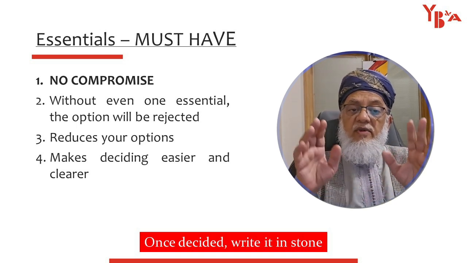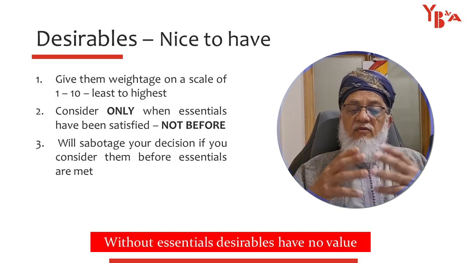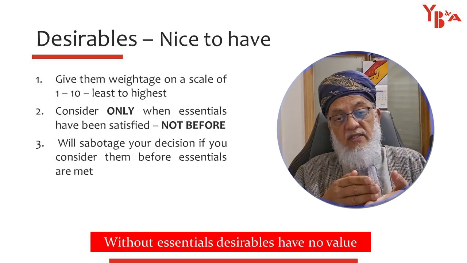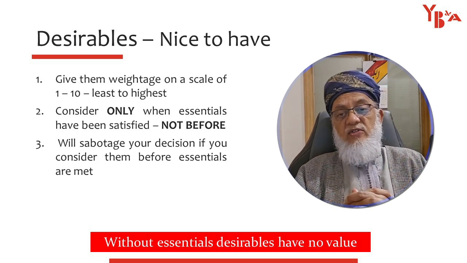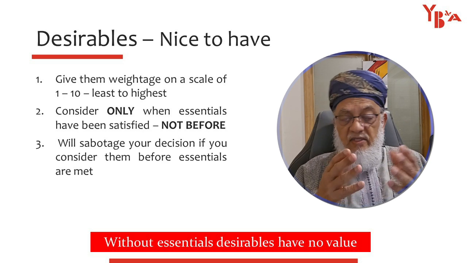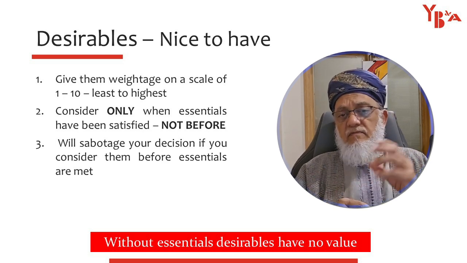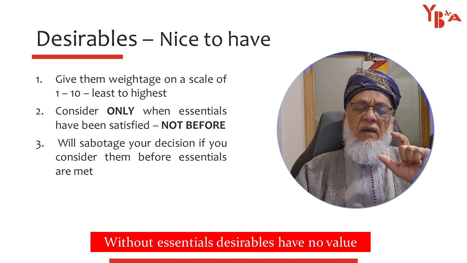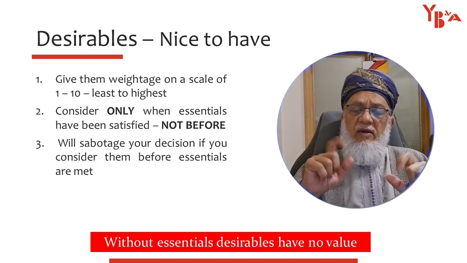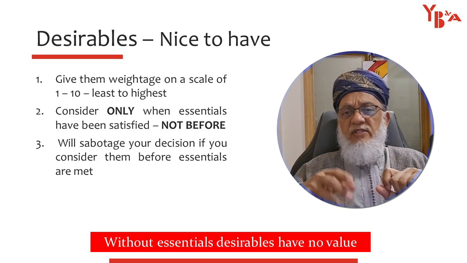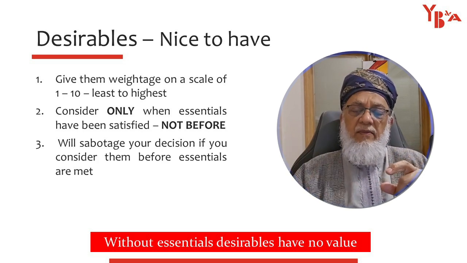Then we come to the issue of desirables. These are nice to have. If you have them, fantastic. If you don't have them, it doesn't matter. You will still decide based on the essentials. So now in the context of nice to have, again, going by the same marriage example, because that's easiest to explain, you say essential is must be somebody from my religion, right? Now desirable would be nice if somebody from my ethnicity, so my religion, and also my part of the world,